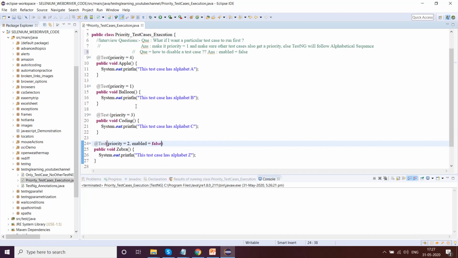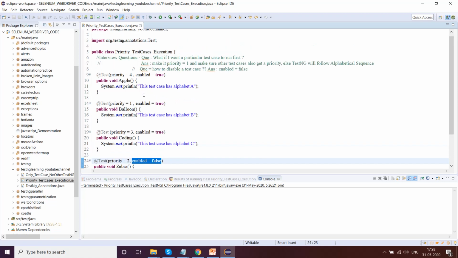And now the next thing is, what about the others? Can I write them enabled equal to true? Yes, you can. And even if you don't write, it is okay, it will still work. It is not a mandate, like you have to mandatorily write priority 1, 2, 3 in case you want to use them. There is no such mandate rule for enabled equal to true. Even if you do not write it, that means this test case is enabled. If you write, then also it is enabled. So this one is rather important in case you do not want a particular test case to execute.